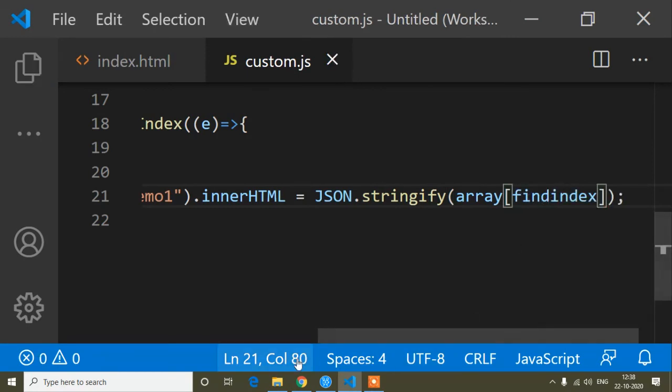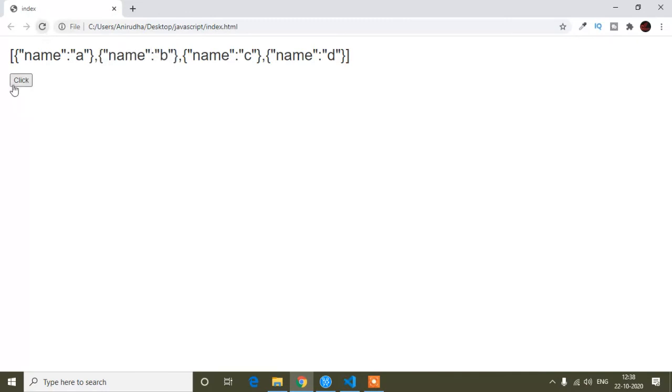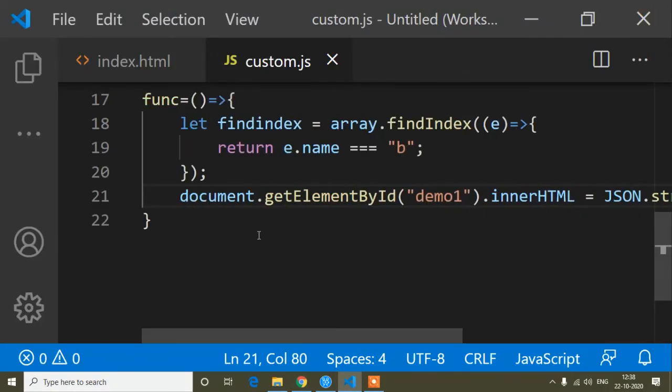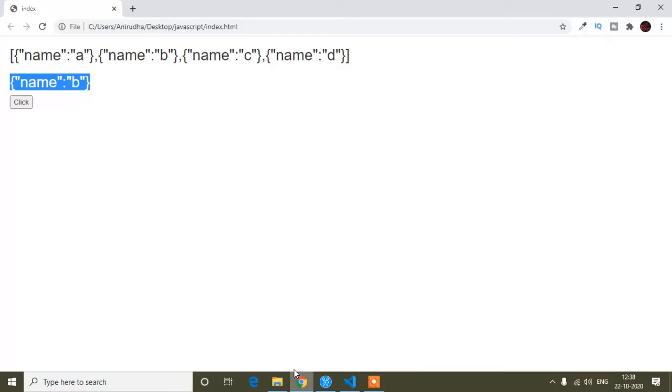So save and refresh. So here you can see now I can access the full object. In the same way, if I change here, instead of B, if I write here A, save, refresh, you can see I can access the full object. So guys, this is the find index method, and this is very useful.